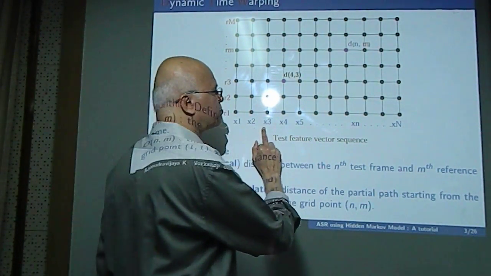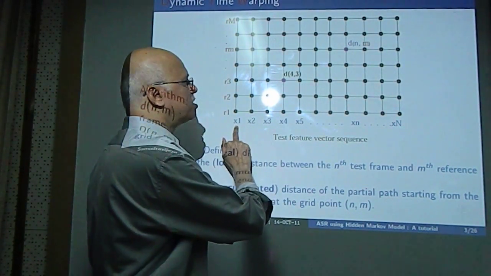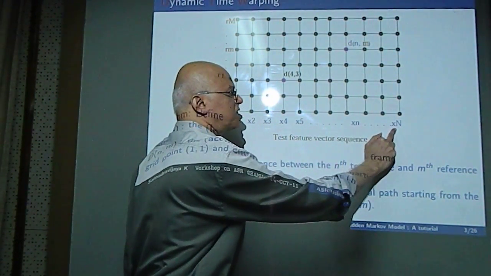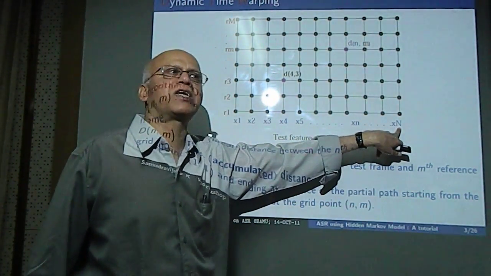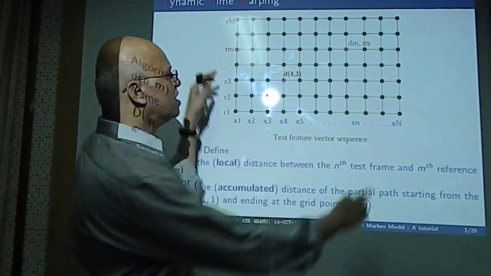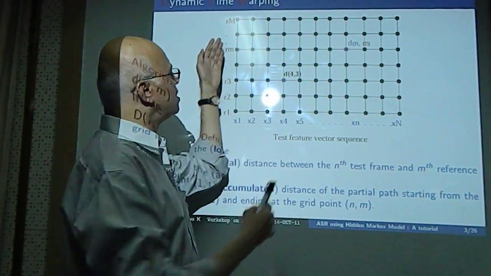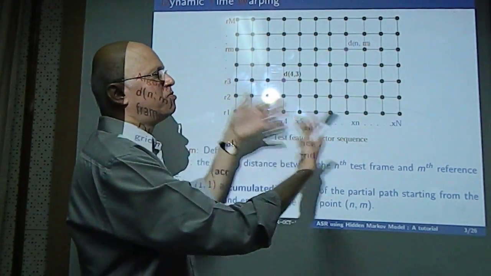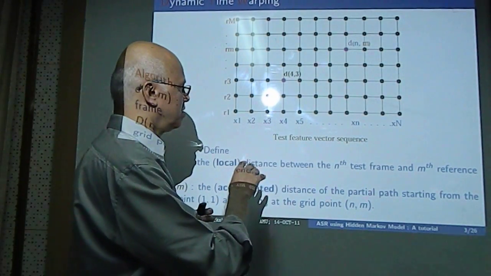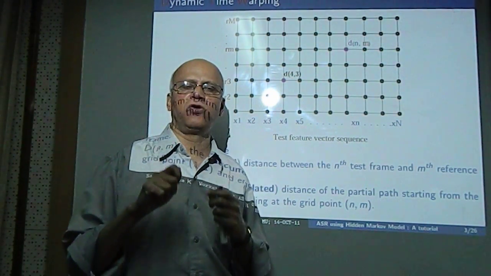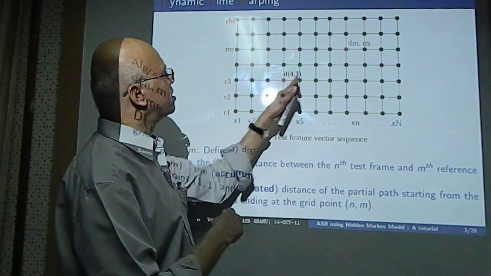And when somebody else speaks a test speech, similar features are extracted from the test speech. Let us consider the length of the test speech feature vector sequence as capital N. Capital N and capital M need not be the same, because this word and the reference word may be different, or even if they are the same, the speaking rates may be different. So we have to take into account the speaking rate variation, and so we